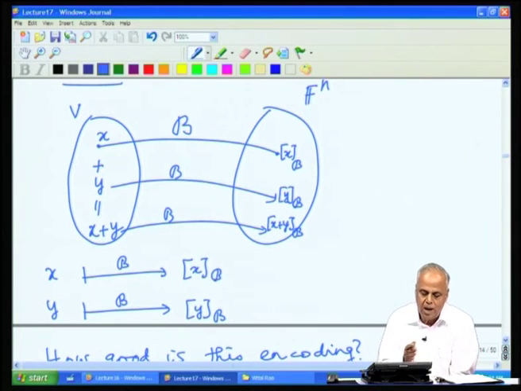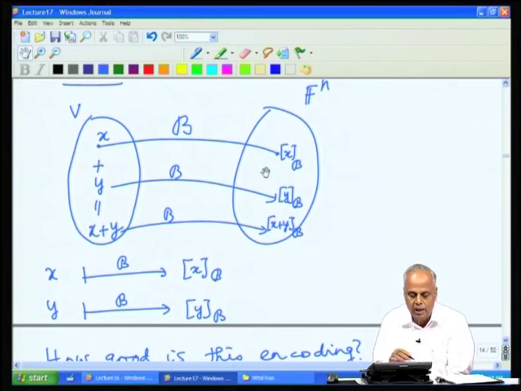Now, we have done the addition on the V side. Suppose we encode the vector x, encode the vector y, and then add. Instead of adding and then encoding,